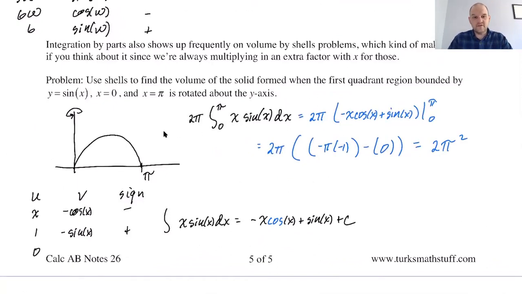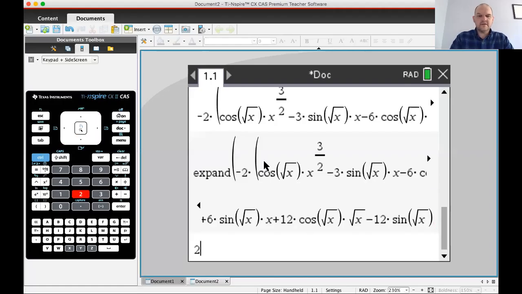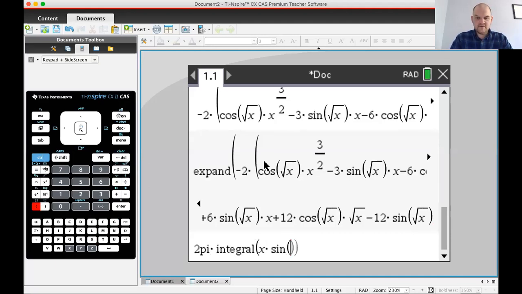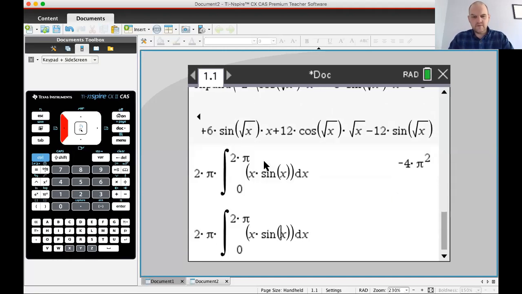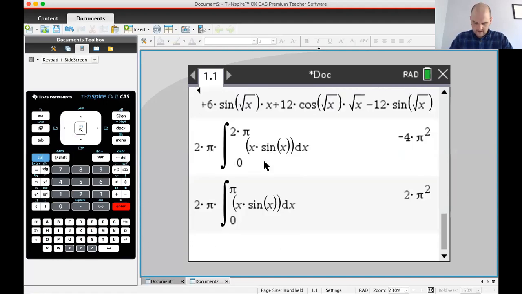I did that pretty quickly, so I would not be super surprised if I got it wrong. Let's see, 2 pi times the integral of x times sine of x, where x is the variable. We're going from 0 to pi. Negative 4 pi, what? What am I even doing? That seemed like a very unlikely volume. 2 pi squared. 2 pi squared. Nailed it. All right, so I'm going to go back to the notes so you can do your screenshots,